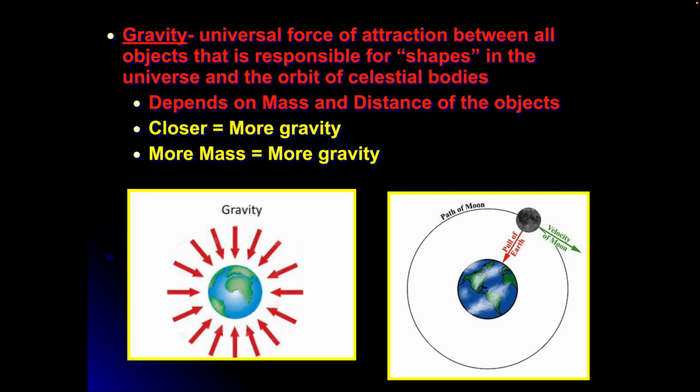It doesn't just happen on Earth. It doesn't just happen on the moon. It doesn't just happen on Mars. It happens everywhere in the universe. There's no reason why it wouldn't. You really got to think that. Why would things be different somewhere else? It is a force of attraction between all objects. That's another really important part of that definition. Attraction. Gravity is attractive. Things want to come together, and it's between all objects.